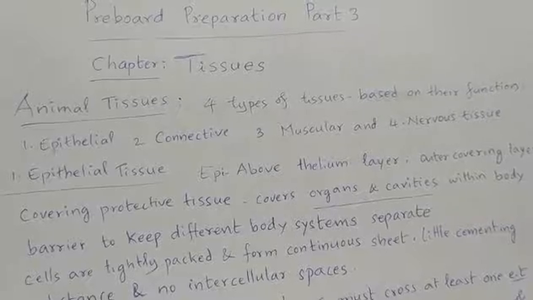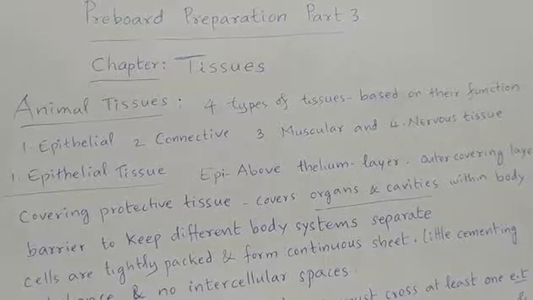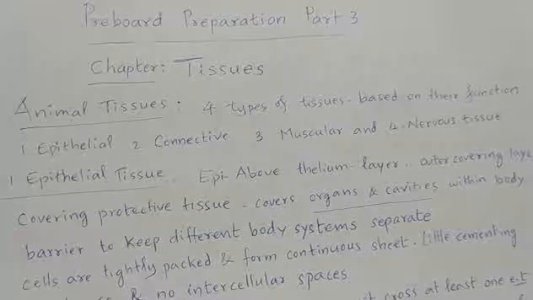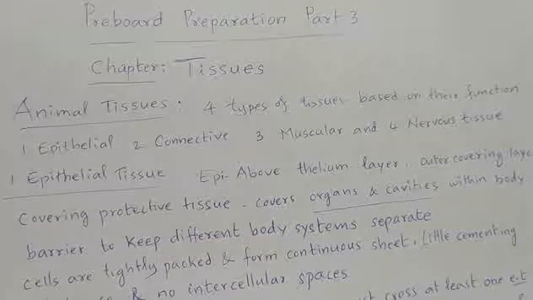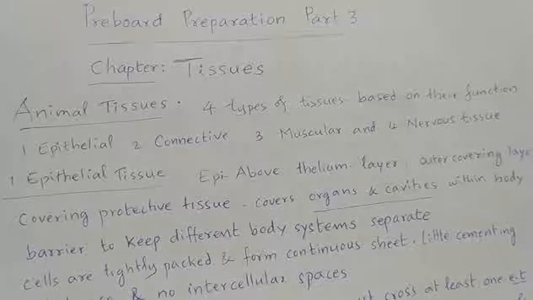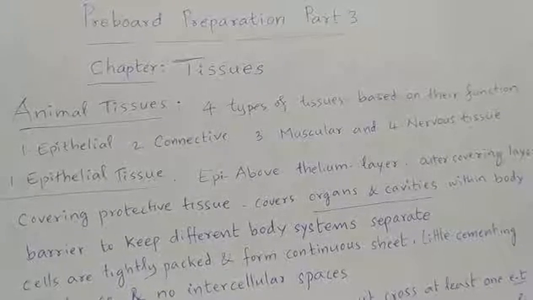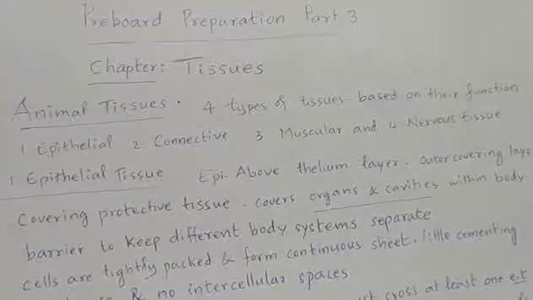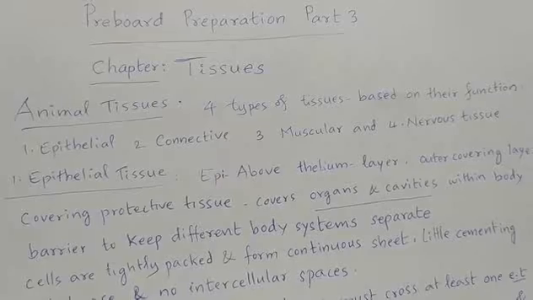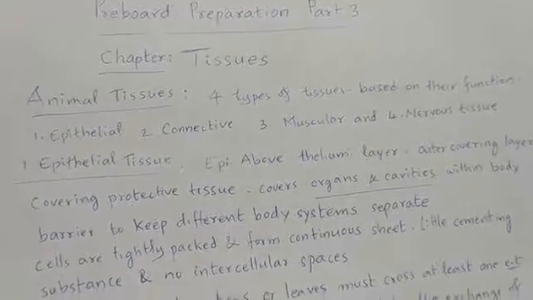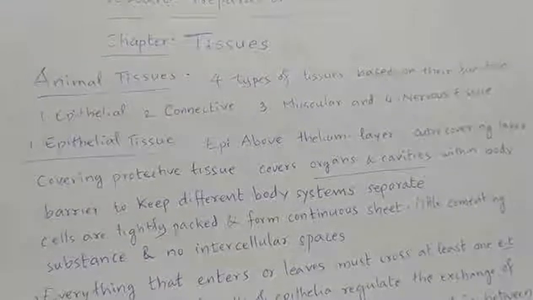This classification has been made based on their function. The 4 types of animal tissues are epithelial, connective, muscular, and nervous tissues. First tissue, epithelial tissue. Epithelial tissue,